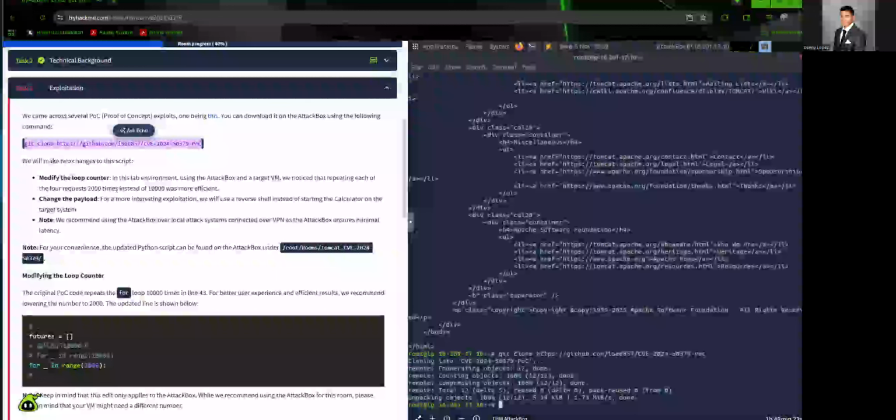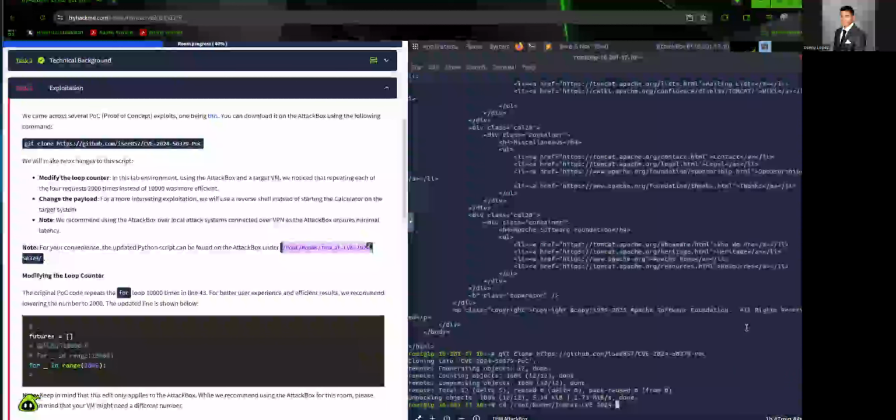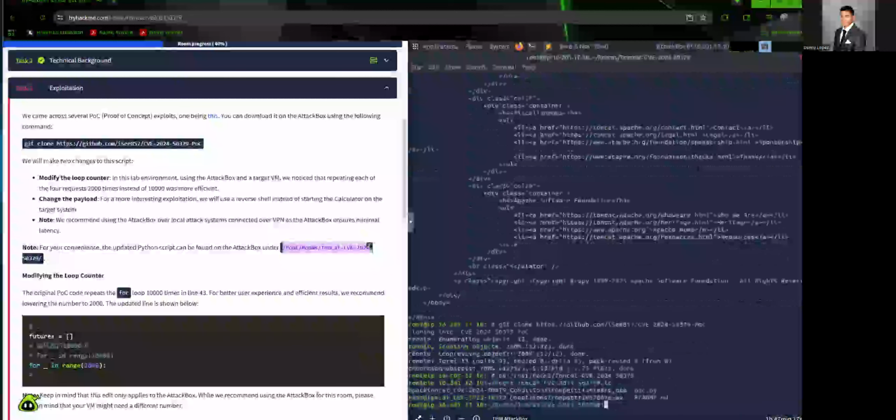Okay. Right, so we can just go here instead. Well, we already downloaded it, so I don't recommend the updated Python script. Okay, so I think what they mean by updated is that it's already ready to go. Like they've already updated it. So let's cd into that directory and see what it looks like. 50379.